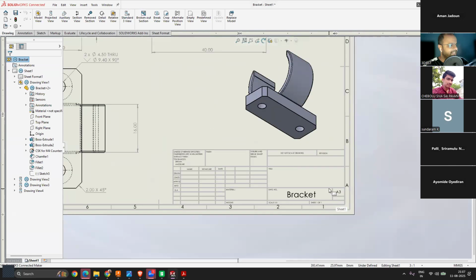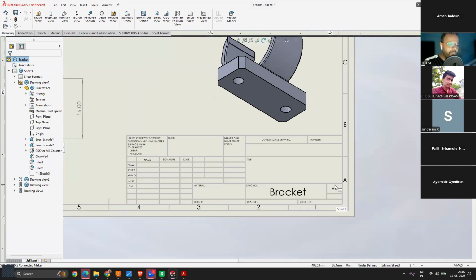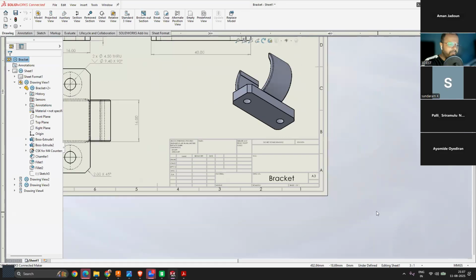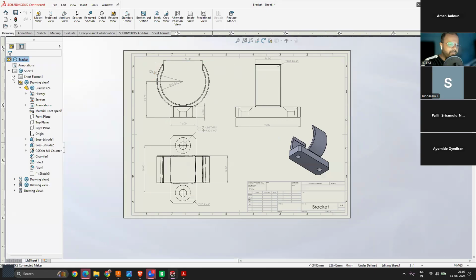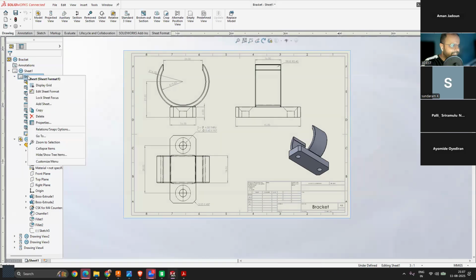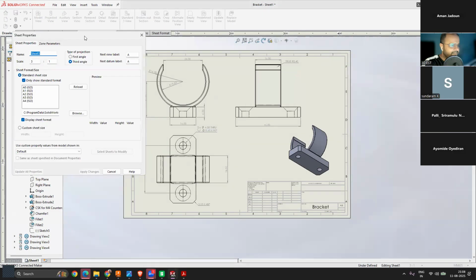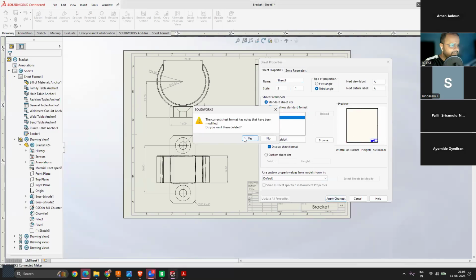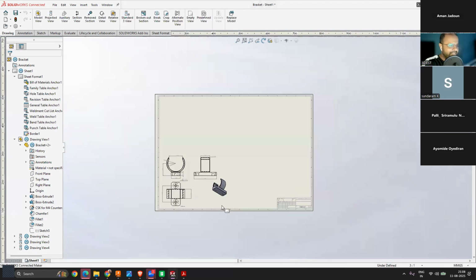Whenever you import the template, the page size will be written there. This is A3, right? If you want to change it, simply go onto the sheet format, make a right click, go to properties, and there you have an option to change it. Like if you want to make this A1, select it, click on apply changes, and you can see